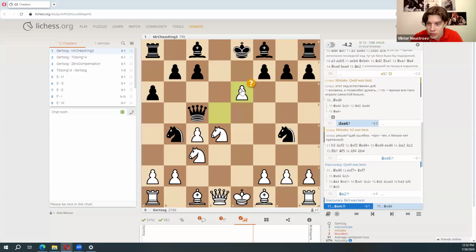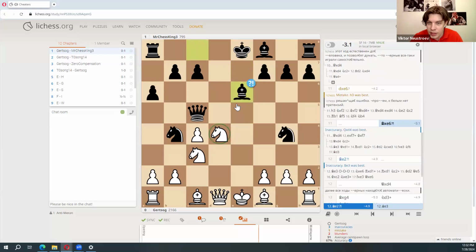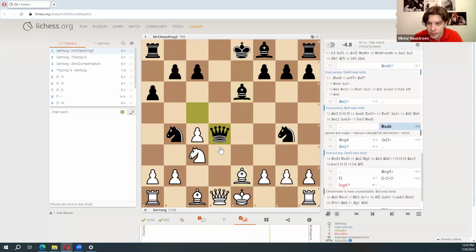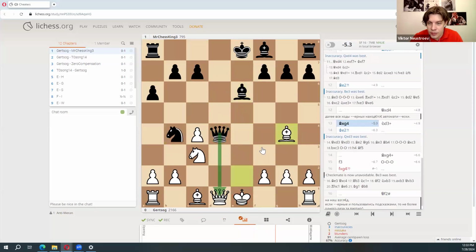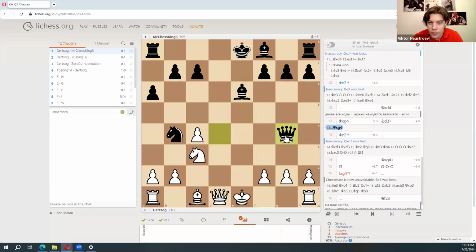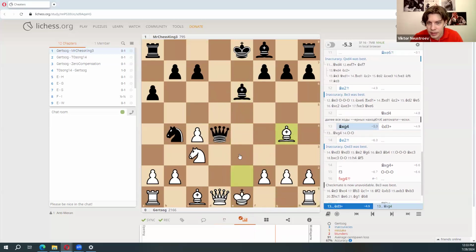So I took. He takes with the bishop. I cannot take because of queen f2, so I play bishop e2. And now he finds queen d4. So I take here. The key idea is that once he exchanges, I take back. So he could just take with queen on g4 and continue with an extra pawn. Then I would castle and he would probably win after that. Well, actually, I can defeat an 800 player without a rook. Without a piece, I would definitely find how to save my position.